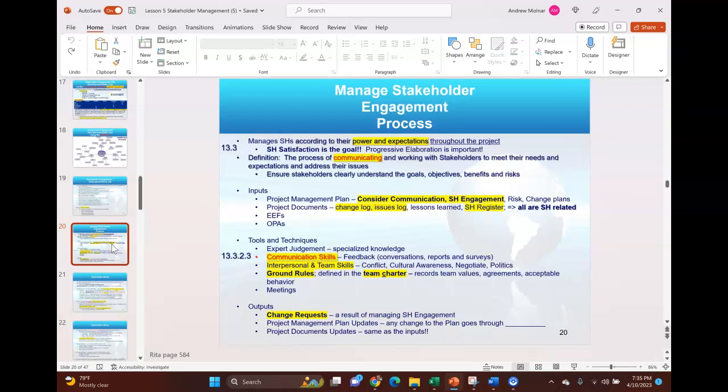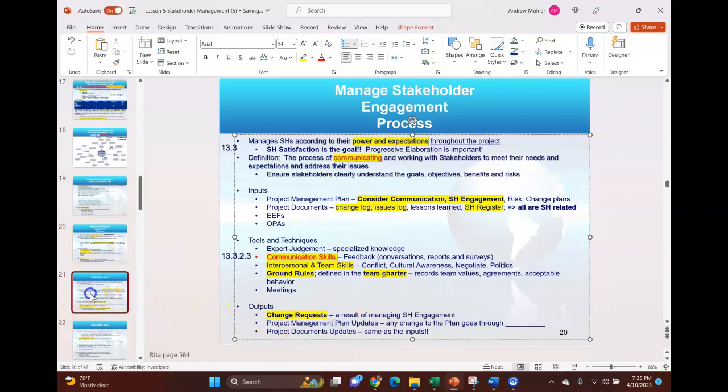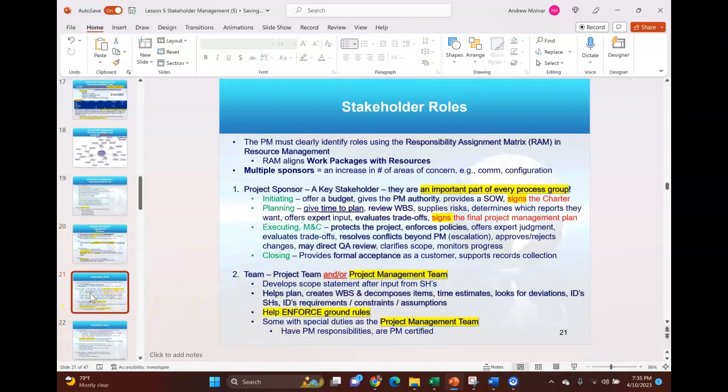Then I need to manage the stakeholders, right? Engage them, move them from the current engagement level to the desired, right? Move them around and engage them according to my stakeholder grid that we just did. And of course, one of the things I'll do is consider change requests. As I'm talking to stakeholders, they're going to have ideas, and let's consider them. So there are lots of stakeholders. I just list some roles.